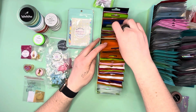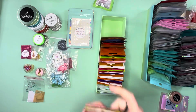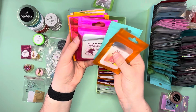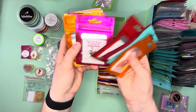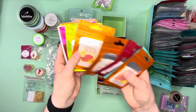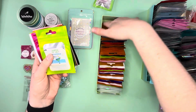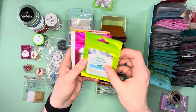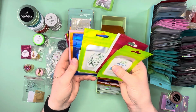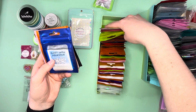Now we're going to get into these ones back here. The last tray. Last man standing. We have a peach Bellini, pina colada, love that one, plum blush, pomegranate cider, pretty pink flamingo, pumpkin cheesecake, pumpkin pie spice. And I like that she does her bags to kind of match what the contents are. Shaker of salt, strawberry jam, strawberry shortcake, stress relief, which is like an eucalyptus one, sweet snow Merry Mud,